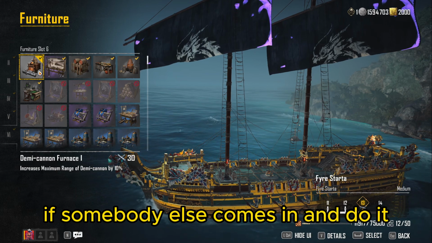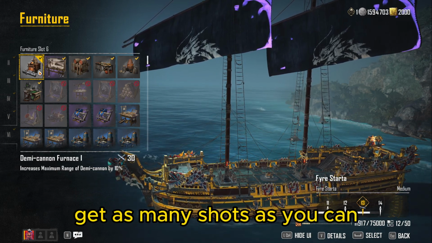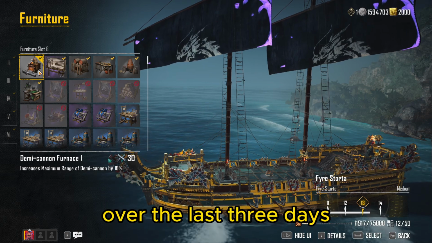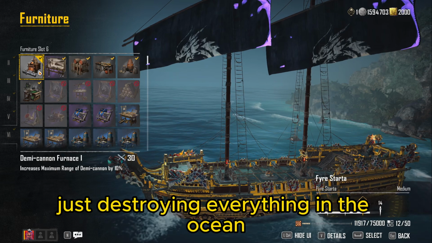If somebody else comes in to do it, keep a little bit back from them. Don't let them block your shots. Get as many shots as you can. The only downside to this build is it eats cannonballs. I went through 20,000 cannonballs over the last 3 days, but I have farmed non-stop with it, just destroying everything